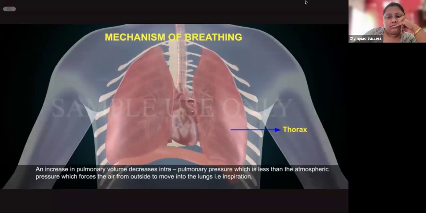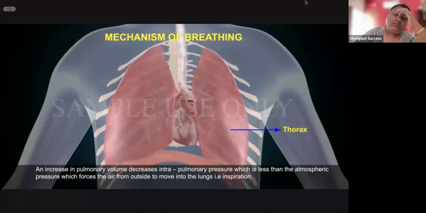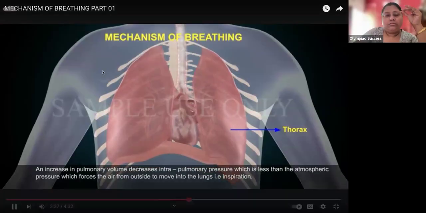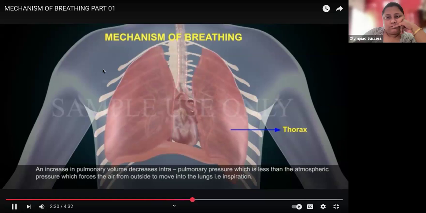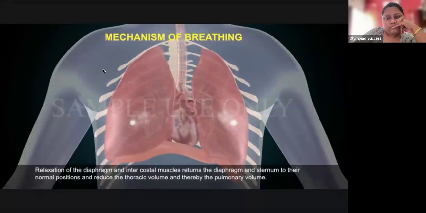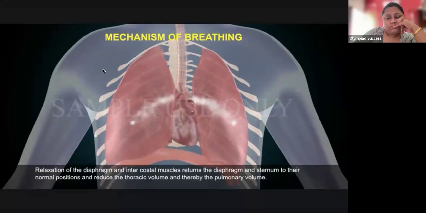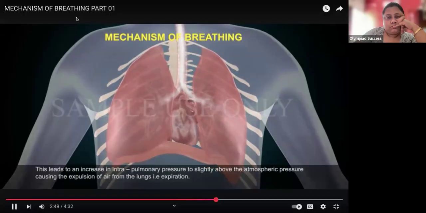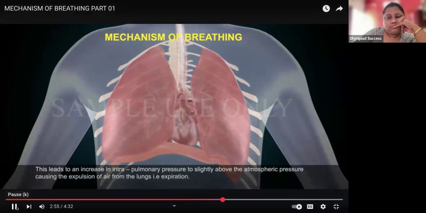An increase in pulmonary volume decreases intrapulmonary pressure, which is less than atmospheric pressure, which forces the air from outside to move into the lungs. That is, inspiration. Relaxation of the diaphragm and intercostal muscles returns the diaphragm and sternum to their normal positions and reduces the thoracic volume and thereby the pulmonary volume. This leads to an increase in intrapulmonary pressure to slightly above the atmospheric pressure, causing the expulsion of